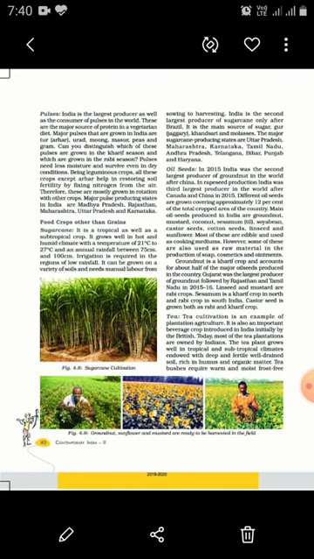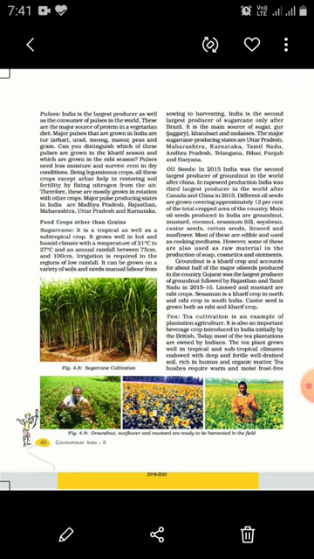Next, sesame is also a kharif crop and mostly it is grown in North India. In South India it is also grown, but in the Rabi season. That is, sesame is grown in North India as a kharif crop and in South India as a Rabi crop. Next, castor seed is grown both in the Rabi season as well as in the Kharif season throughout the country.